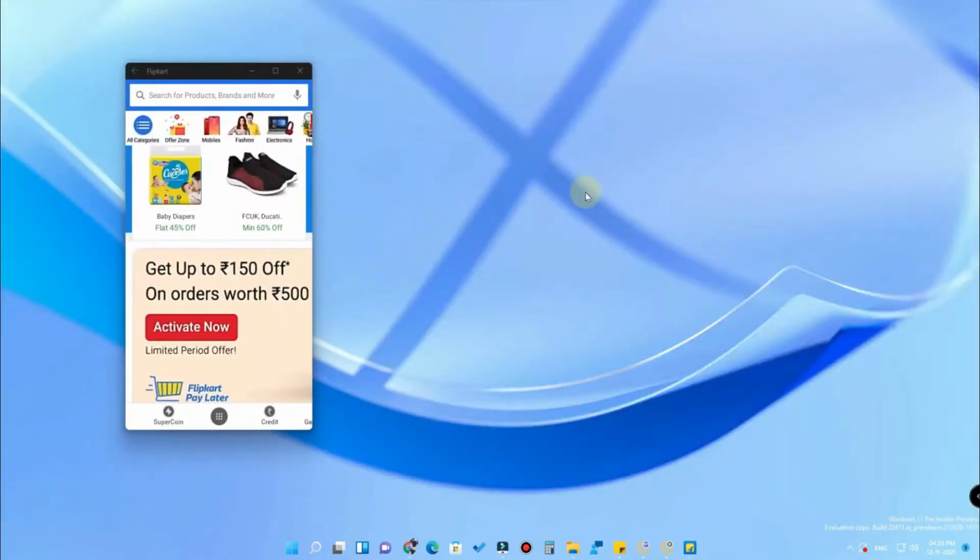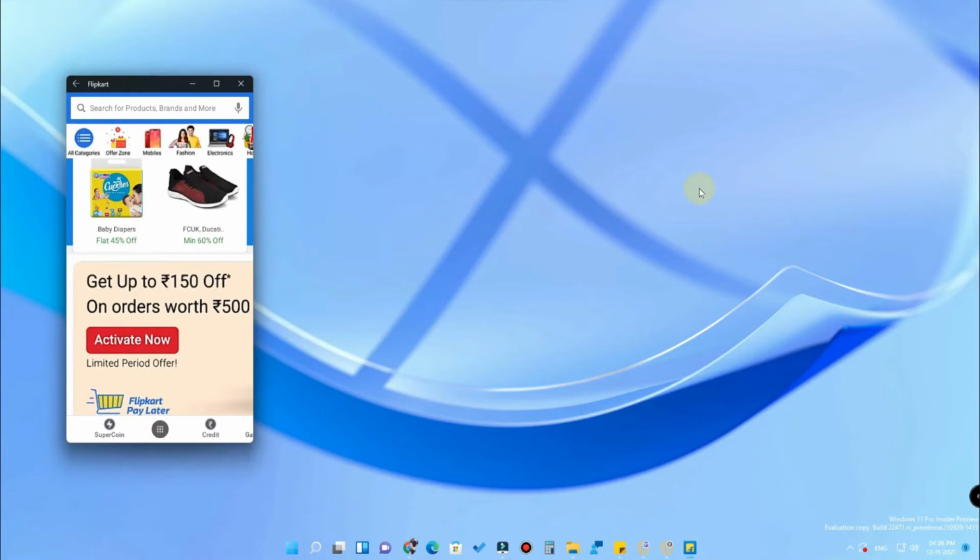As you all know, Microsoft has recently announced Android app support in the Windows 11 operating system, but presently this feature is not available yet for Windows 11 stable users. Microsoft has recently announced this feature for the Windows Insider Program beta and developer users. But for installing Android apps, there are more requirements needed, and I'll tell you one by one.